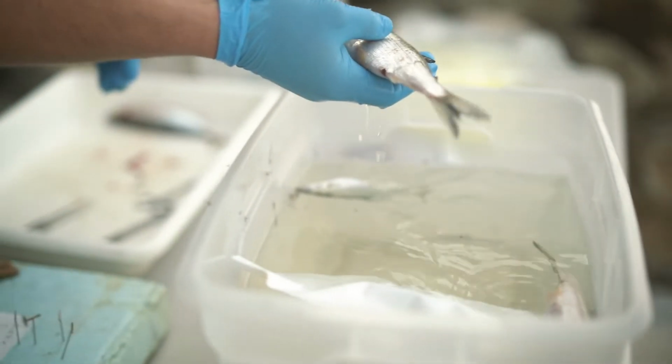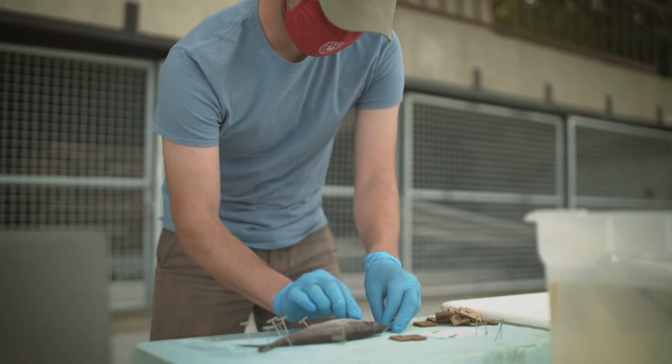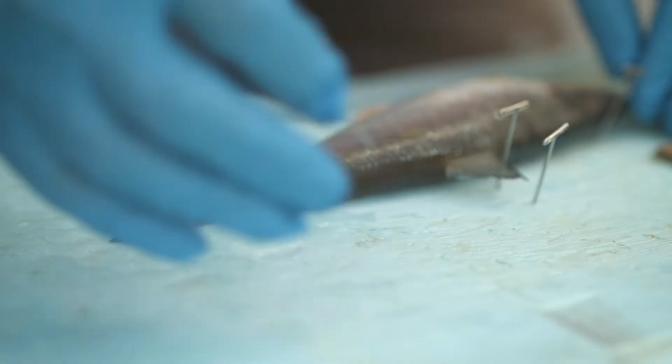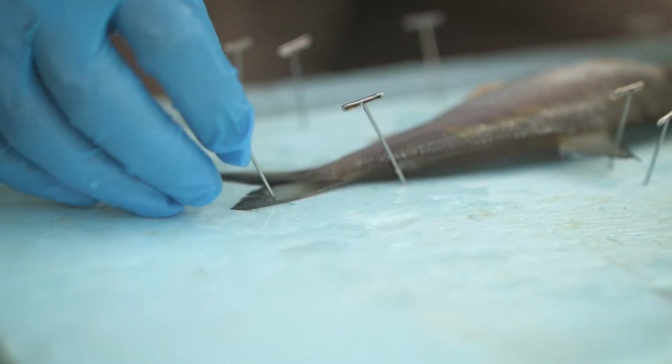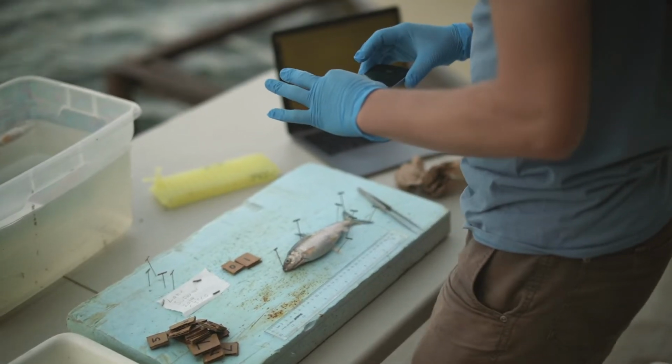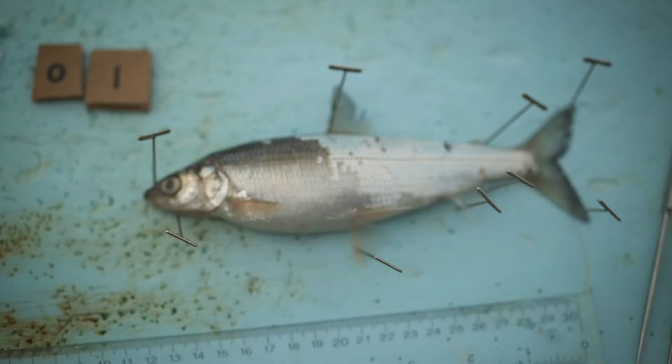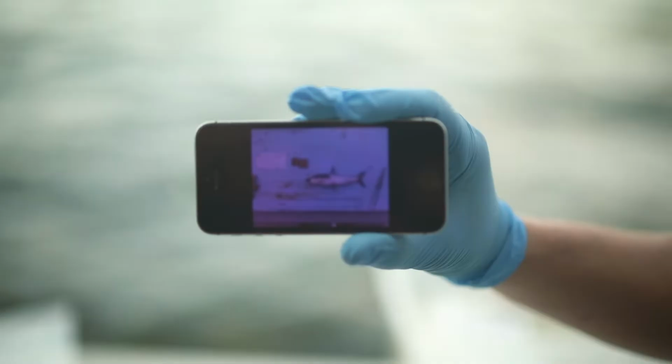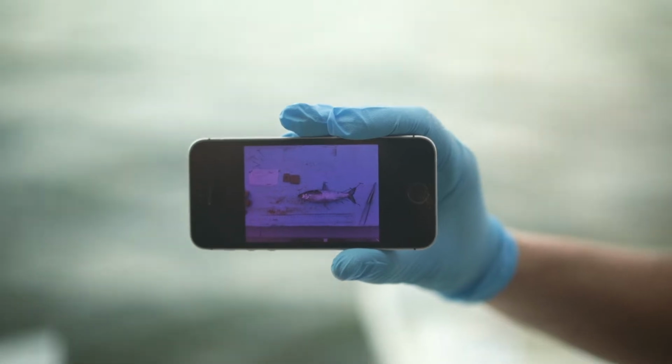On the morphological side of things, we're going to use an approach called geometric morphometrics. More recent advances in morphometrics is what I'm specifically interested in. Instead of calipers, I just take a photo of the fish. You splay the fish out on a styrofoam board, you take a photo, and then there's a bunch of